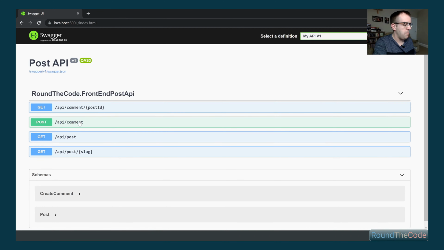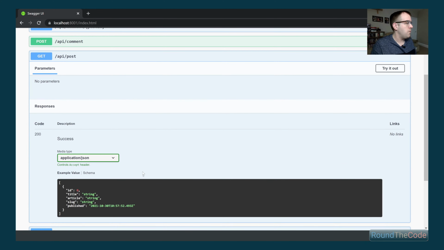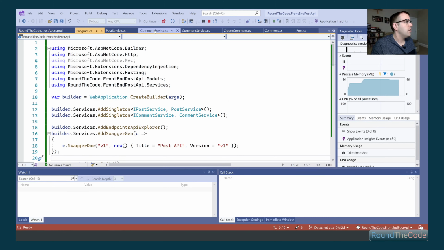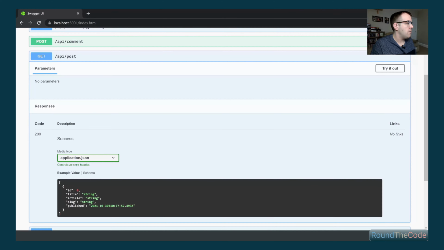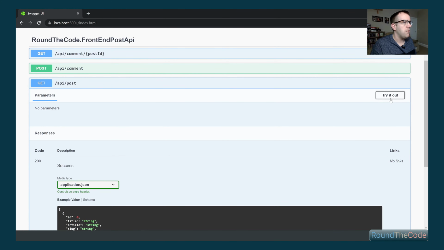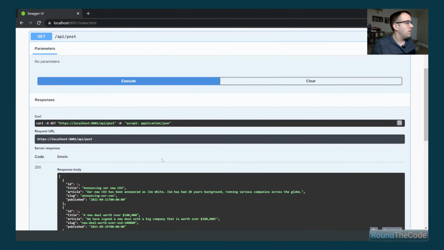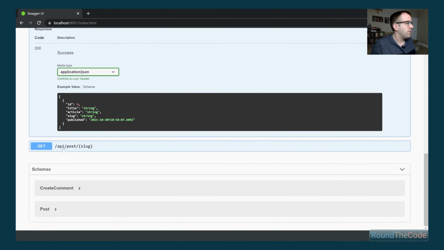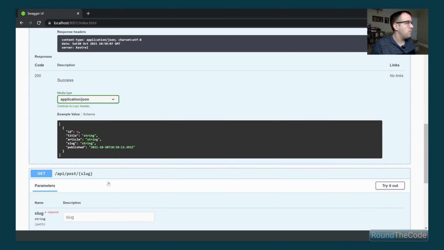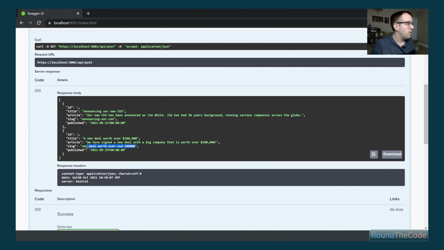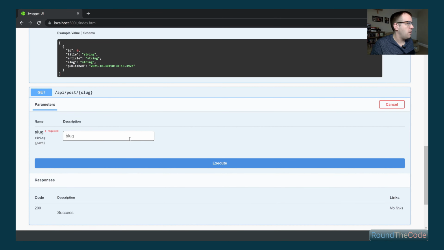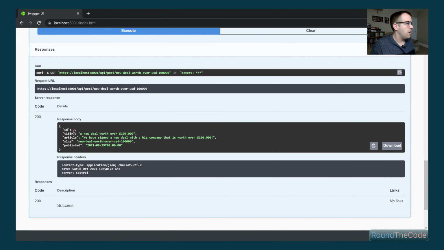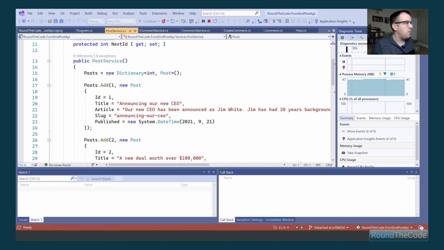So you can see there our API endpoints are running there. Let's just give them a test though. So we know if we go back to our post service, we can see we've already got a couple of default posts already in there. So we can give that a test. So we've got our API post here. We'll try it out. So this will get all the posts here. And then if we get one by the slug as well, so we've got a slug up here. So if we call that slug, and we try that out. There you go, you can see, so that's now working from our minimal APIs.